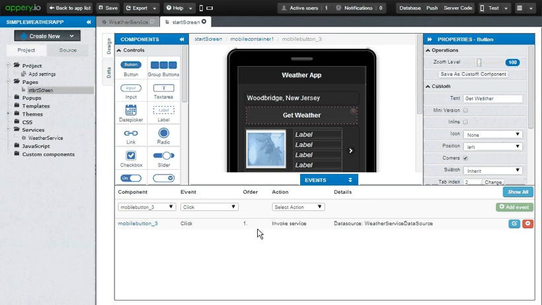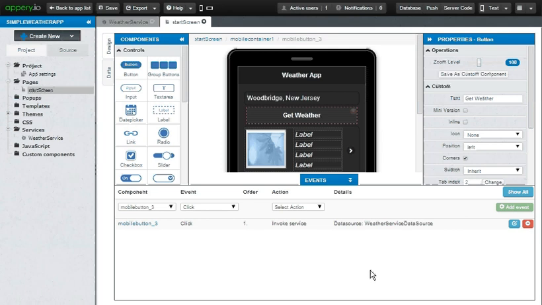And the action that will happen on that event is the service called weather service will get invoked. Once the service gets invoked and the response is gotten back, all the various values in the JSON object will automatically get mapped to the user interface widgets, and we should be able to see the data inside the widget.